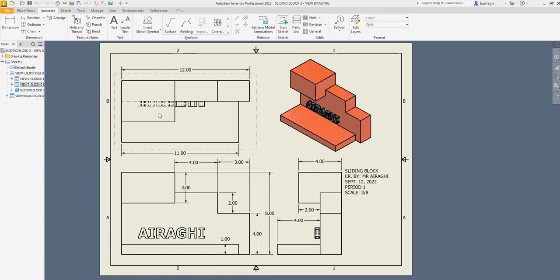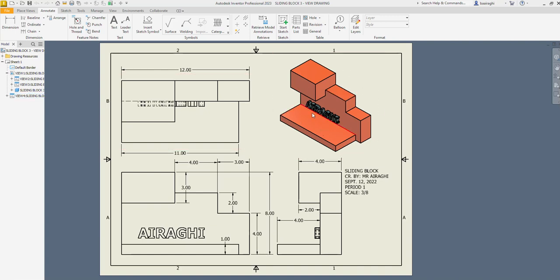Hey folks, here is the process on making a 3-view drawing for the sliding block. This is going to be a standard for creating 3-view drawings anyway, so it's good to get this experience now. First things first, there's 5 steps to get here, but the end product should have a top, a front, a side view. It should have the dimensions, it should have the text, and it should have the